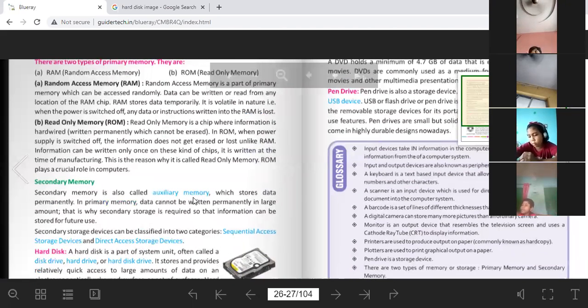A pen drive has a vast area of saving the data. Like we have pen drives of 4 GB, we have pen drives of 6 GB, we have pen drives of 8 GB, even 32 GB, and so on. So it is one of the solid devices to store data in it, and it is very portable. Portable means it's very easy to use and easy to carry because of its simple features.